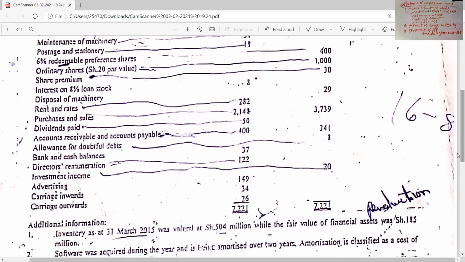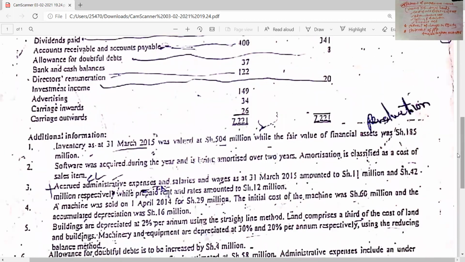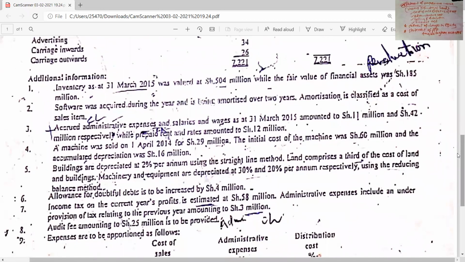So our main concern is this additional information. Because in a question on published accounts, you can't do it without interpreting your additional information. That is the only topic where you have to start with workings. With others, like consolidation, I was just starting directly, then workings we do as we continue with the question. But with published accounts, you have to do the workings. So inventory as at 31st March 2015 was valued at 504, while the fair value of financial assets